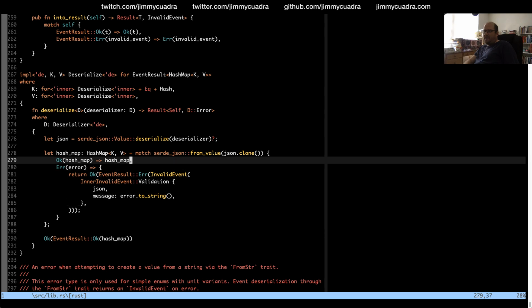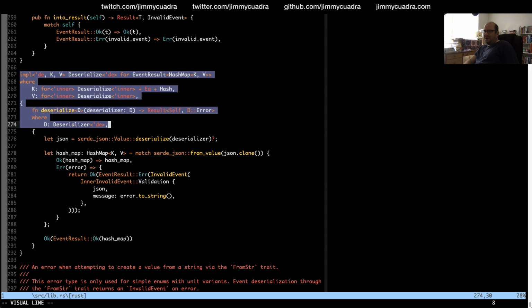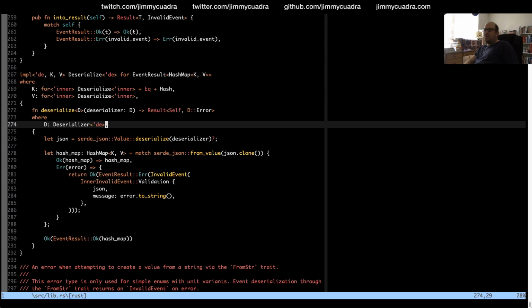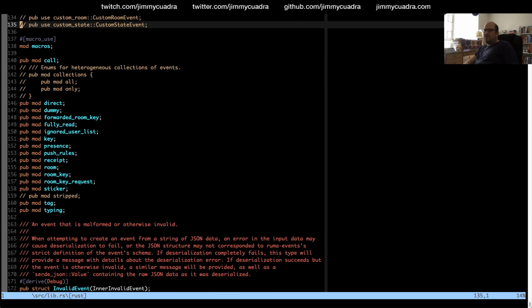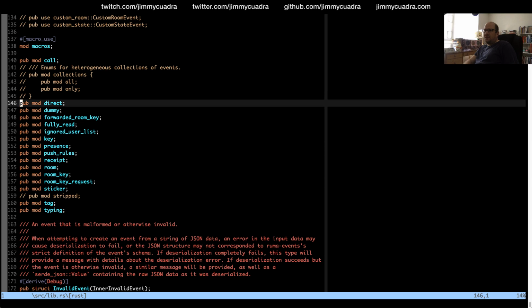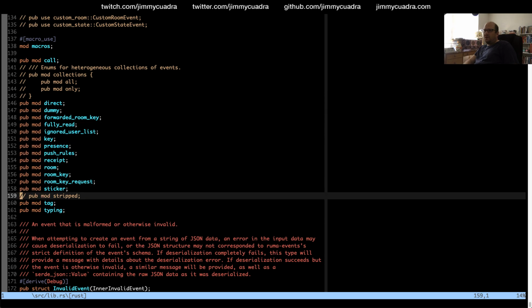So this is pretty hairy. Certainly to a Rust newbie, these lines right here would be like, what the hell is happening? But it works. Okay, yeah, so all of the types work now.